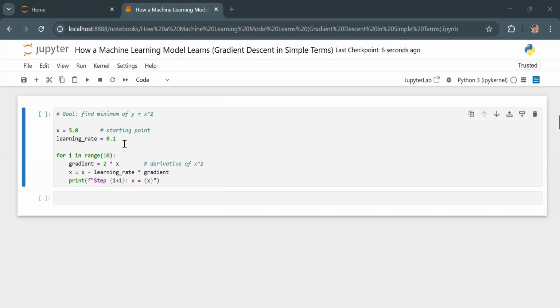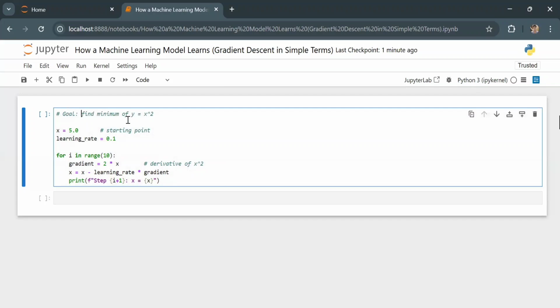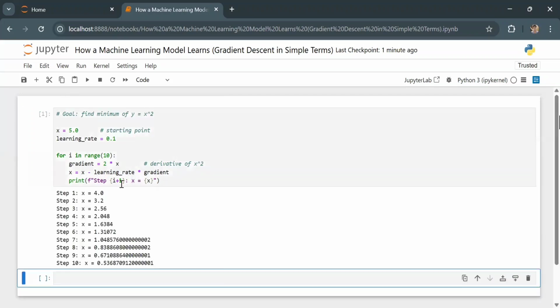Look at here. Here we have a goal to find the minimum of y equals x to the power 2, where x is equal to 5, which is the starting point, and we have a learning rate of 0.1. So for i in range of 10, gradient is equal to 2 into x. The derivative of x to the power 2 is 2 into x. So x is equal to x minus learning rate into gradient. And then we have the final step of i plus 1,